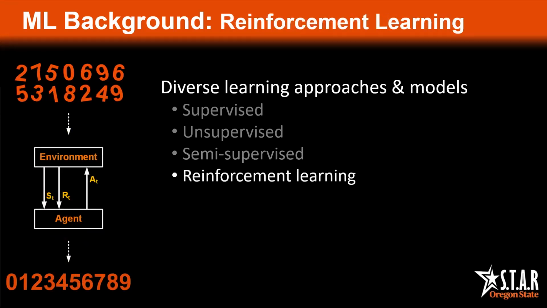Finally, we have reinforcement learning. This learning approach involves an agent, which is essentially the model we're training, and the environment, which is essentially the system or task that's being considered. In this setup, the agent is first provided with information about the state of the environment. Then, based on this state, the agent makes an action that may change the environment. Finally, a reward is given to the agent based on the usefulness of that action. This process may be repeated many times.